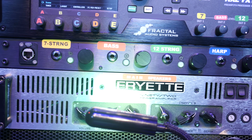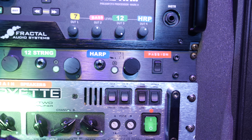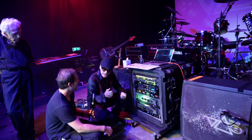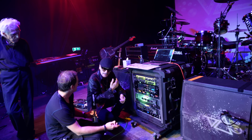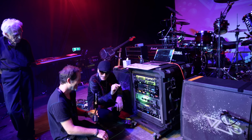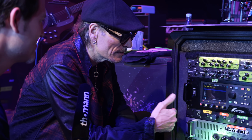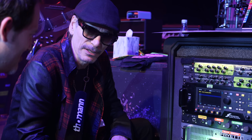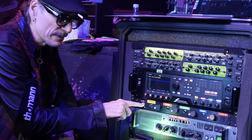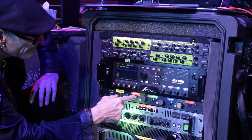Now, we had this built, if you've seen the video. Yes, multiple times. That one has the real brain, but I didn't want to bring it on tour. It's really heavy. I was about to ask, was it like 20 pounds? I don't know. I don't even go near it. I just turn the knobs. But we had this built, which is another facsimile, same thing, just one rack space. So then the Ethernet Cat6 cable goes in there, and then it comes out 4 outputs, the 7-string, bass, 12-string,